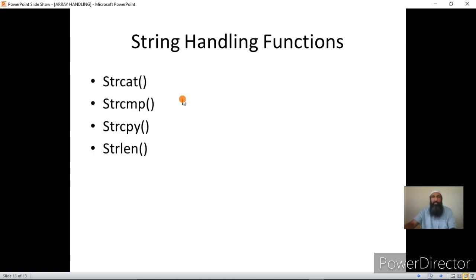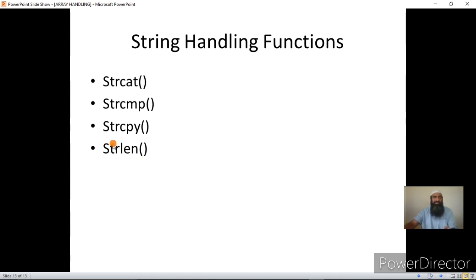Okay. Then in the end, I want to tell you that in the coming lectures I might use string handling functions, and I'll show you how to use these functions. The string handling functions are strcat, that is when you want to combine two character strings. This stands for string concatenation. And then we have strcmp, string compare, where in this function you can compare two strings. And then you have strcpy, string copy, how you can copy one string into another string. Then there is strlen, string length, where you count the number of characters in a string.